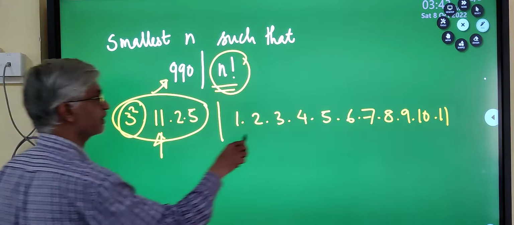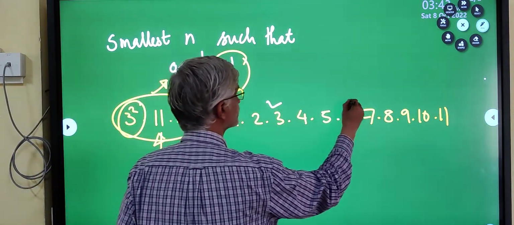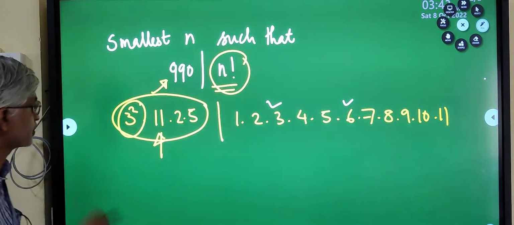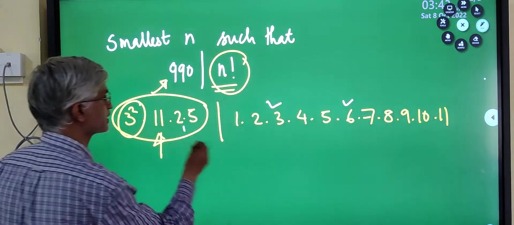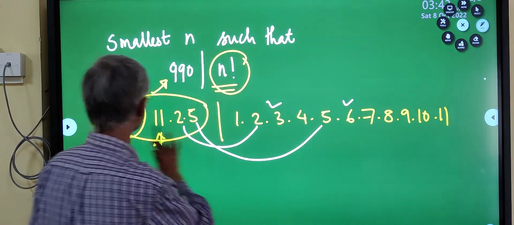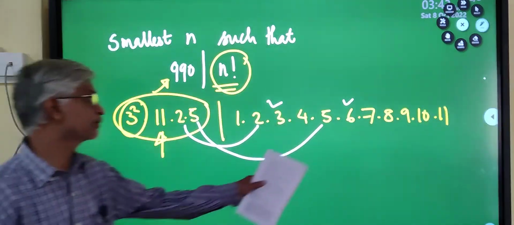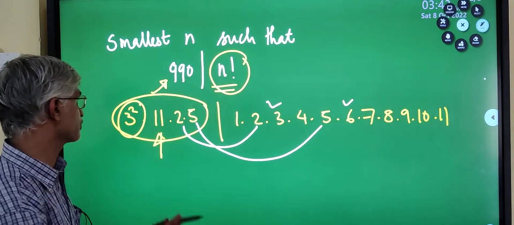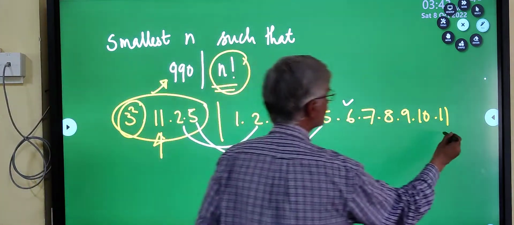3 square. Well, there is a 3 here and there is also 3 here, so there's nothing to worry about 3 square. And what about 2? Yes, no problem, 2 occurs so many times. What about 5? Yes, 5 occurs. So everybody on the left hand side does occur on this side, and of course 11 does occur here,